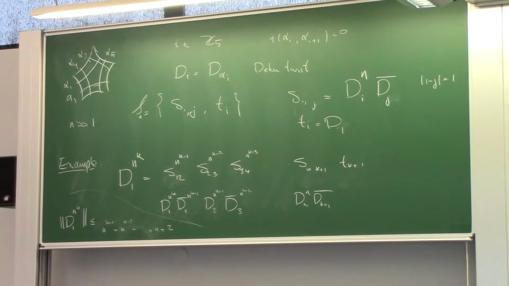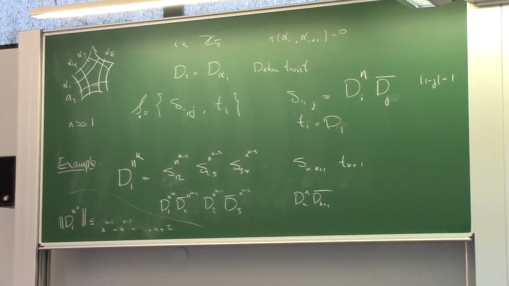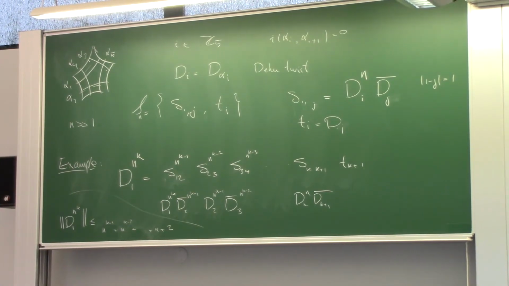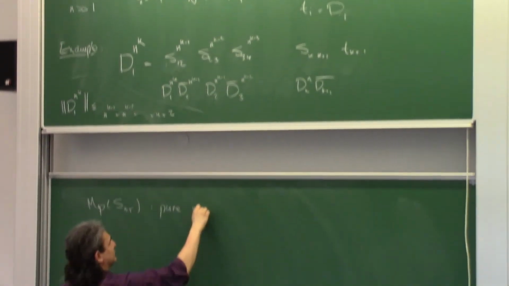To do that, it would be nice to have a mapping to Z, which is kind of a length function, which could tell you that you cannot build things up too quickly. And in this case, there is a length function. So remember that in my case, if I write S05, by this I mean the pure mapping class group.